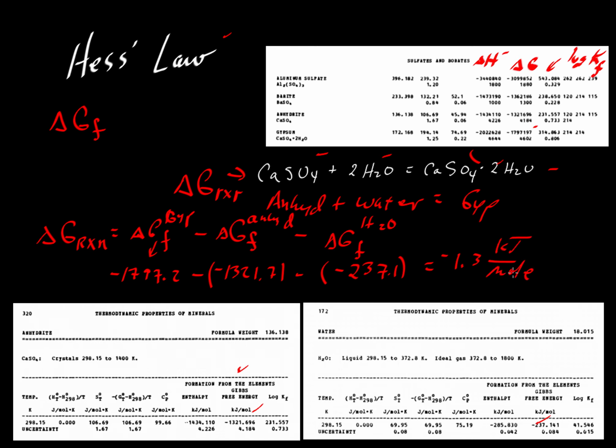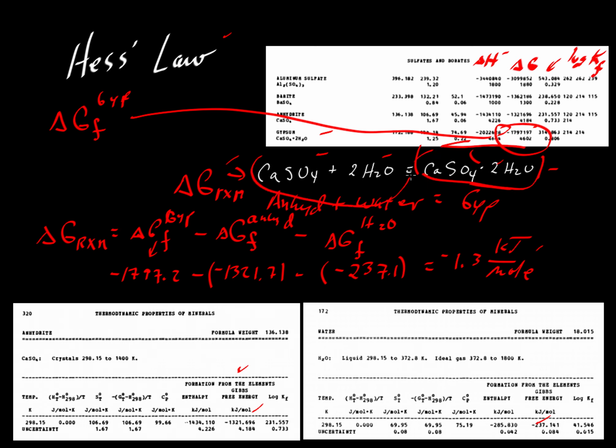kilojoules per mole. So now we have here the total Gibbs free energy of the reaction, not formation from the elements. We already had that. If we wanted to know Gibbs free energy of formation from the elements for gypsum, well, we don't have to do any calculations. It's given to us right there. But this is not the formation of Gibbs free energy from the elements. It's forming gypsum, this stuff here, from compounds that already exist. And this reaction, these data are not given in these tables, but we can extract it by using this variation